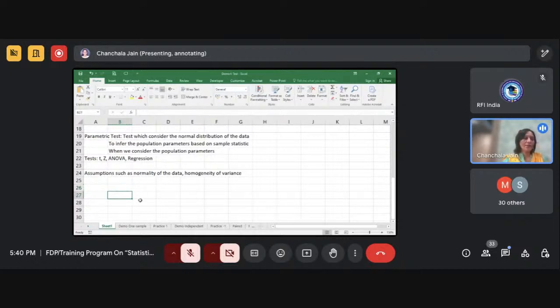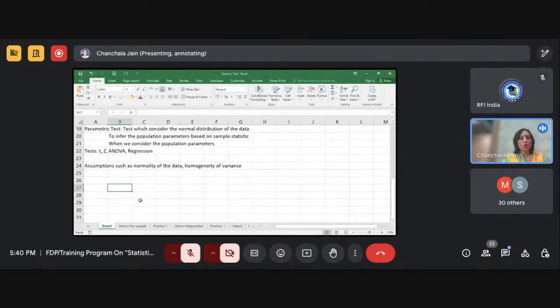According to the different tests, these can vary also. Means these are the common assumptions. Generally, we are finding them in almost all of the parametric tests. Apart from that, tests will have their own other assumptions, right? Then talking about further, as I have mentioned already here, these are some of the parametric tests, right? So if I talk about today's session, here we will talk about the t-tests, right?